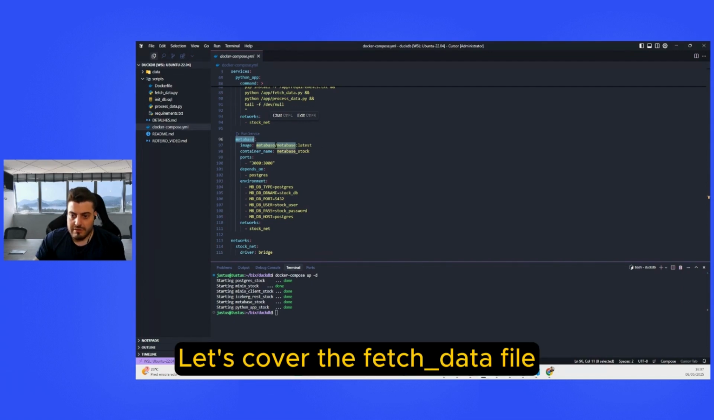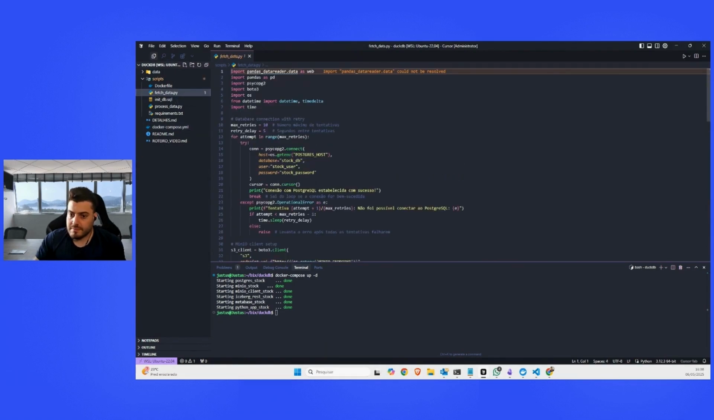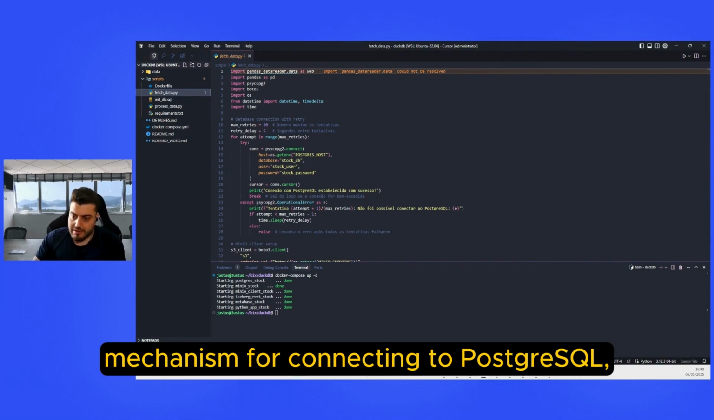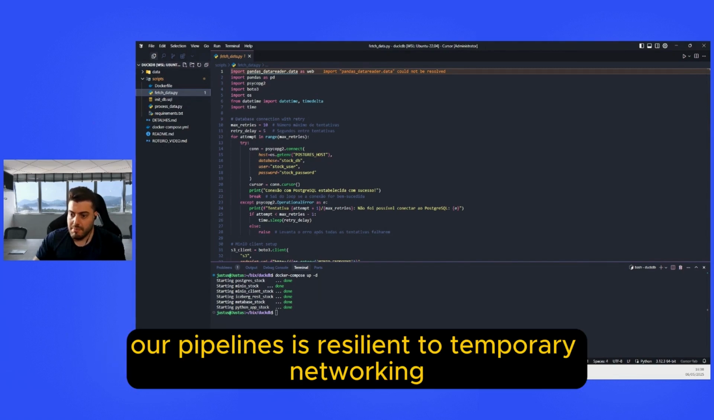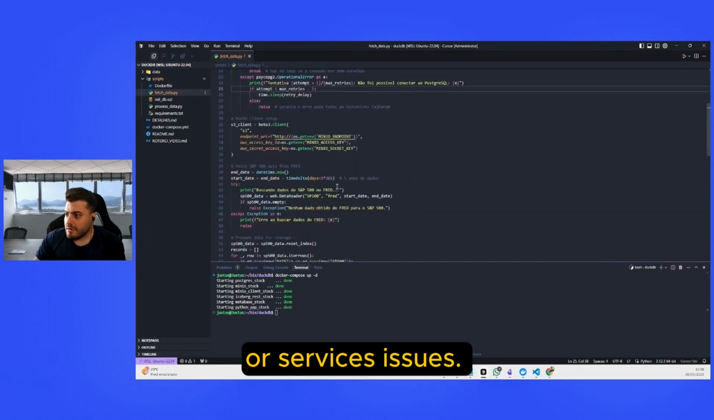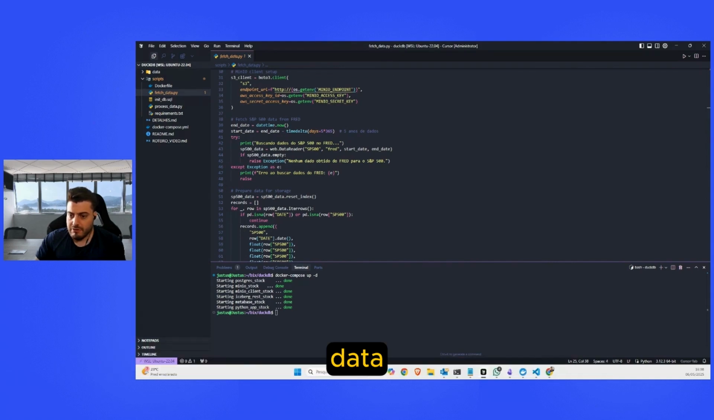Okay, let's cover the fetch data file. Here we implemented a robust retry mechanism for the connection to PostgreSQL to ensure our pipeline is resilient to temporary networking or service issues. So, okay, here we are fetching 5 years of S&P 500 data